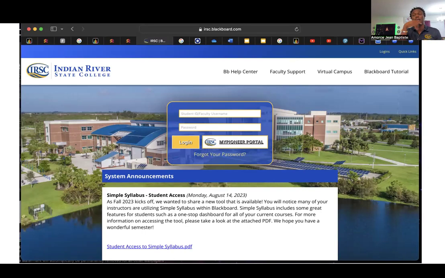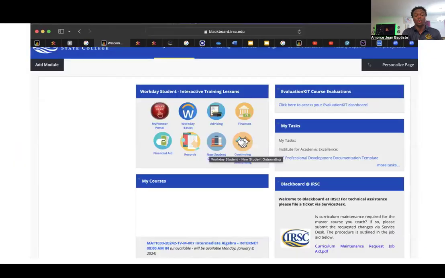Most of you should already know your student ID and password. You type them in, and it takes you straight to your classes in Blackboard. I show you this because that's the name you're going to see on Blackboard to click on.